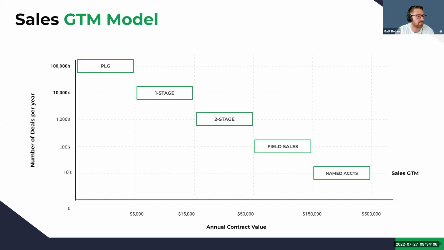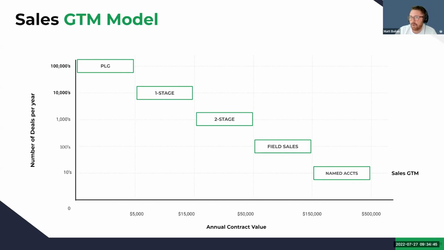Wow. Okay, we have a pretty good mix with the vast majority of companies sitting with the two-stage SDR and AE. I hope all y'all can see this. If you can't, I'm gonna pull it up just so you see on my screen. Of the 172 people that were here, you have about 13%, another 20% being one stage, majority of individuals being in the two stage, and then you have named accounts and field sales at the bottom. So this is great because most of the examples we're doing, I'm actually doing two-stage examples today. So just as a point.